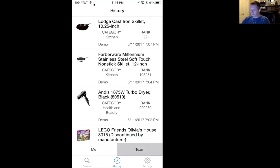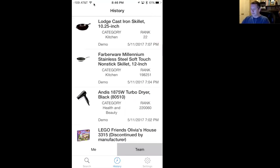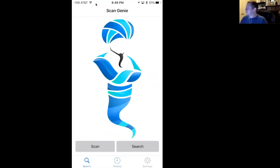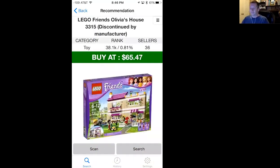So I should turn my notifications off. Like here, let's go through this. Let's scan something and see what it does. All right, so I'm trying to scan off of a computer monitor, so it's a little weird sometimes. But okay, so I got to scan these